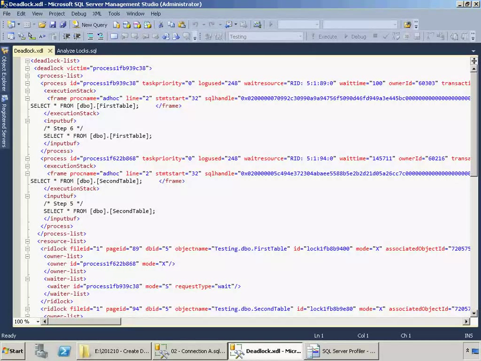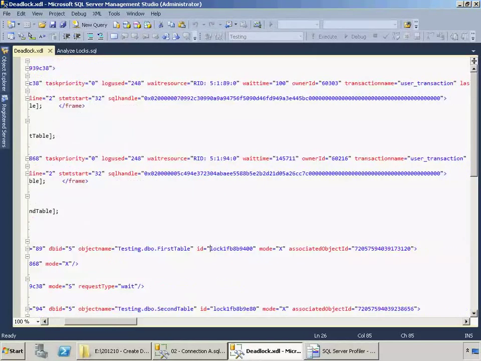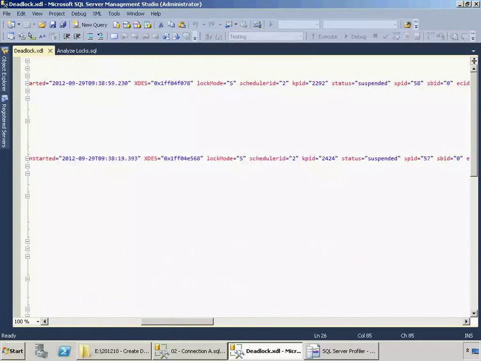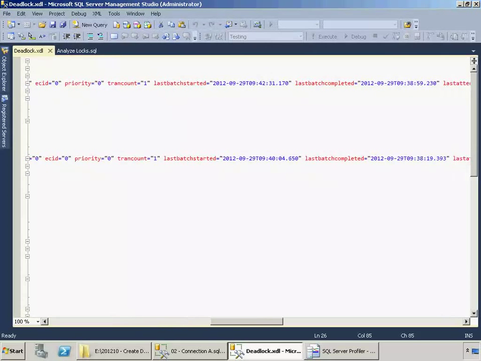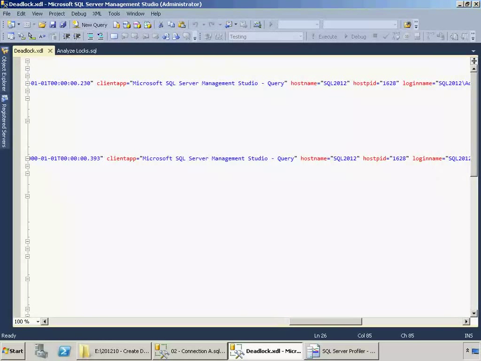You can see things like the resources, how long it's waited, all the locking modes, etc. One of the most interesting things is found in the process list, and if I scroll to the right here, you can see it gives us a whole lot of information to be able to track back to where it occurred. And the most important thing, hopefully, is it captures the application name automatically, which is great